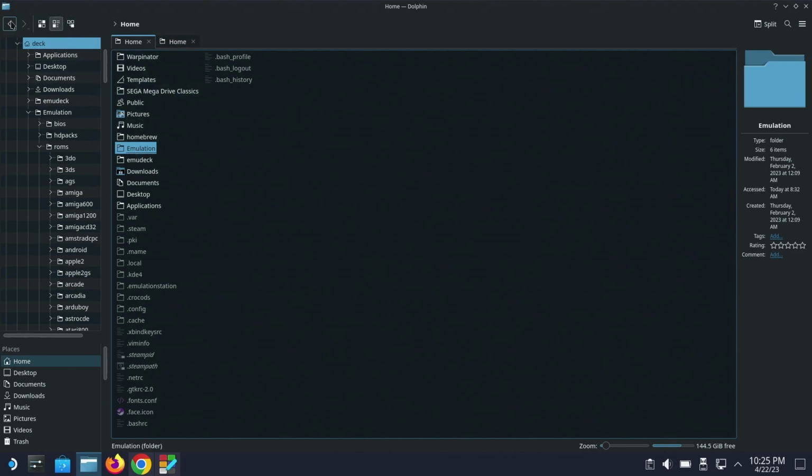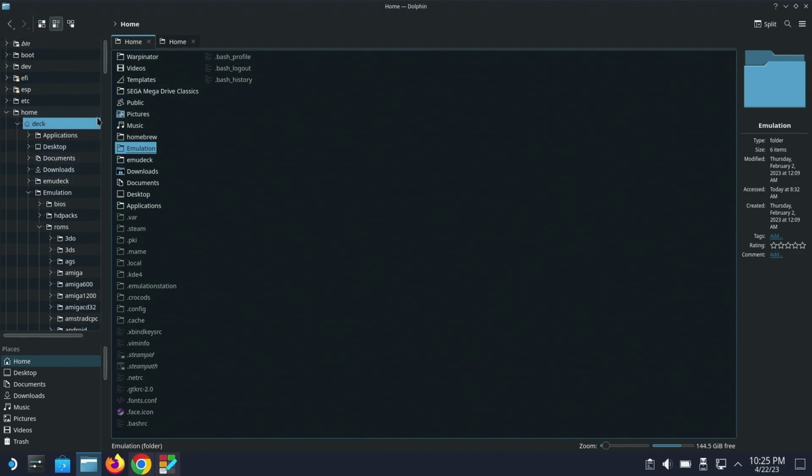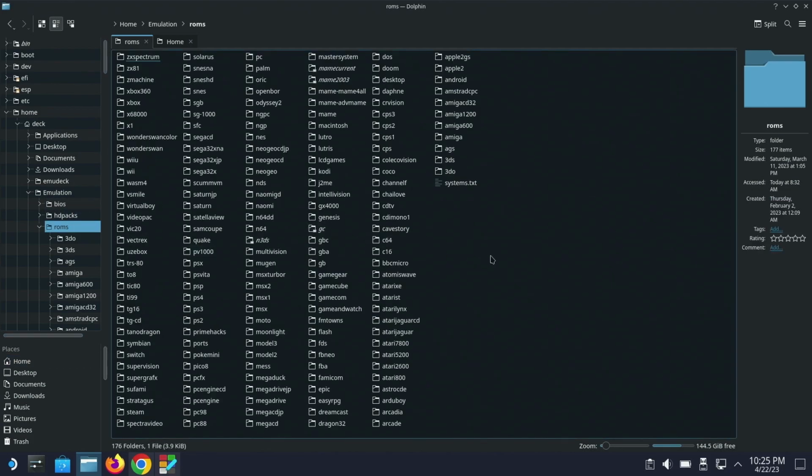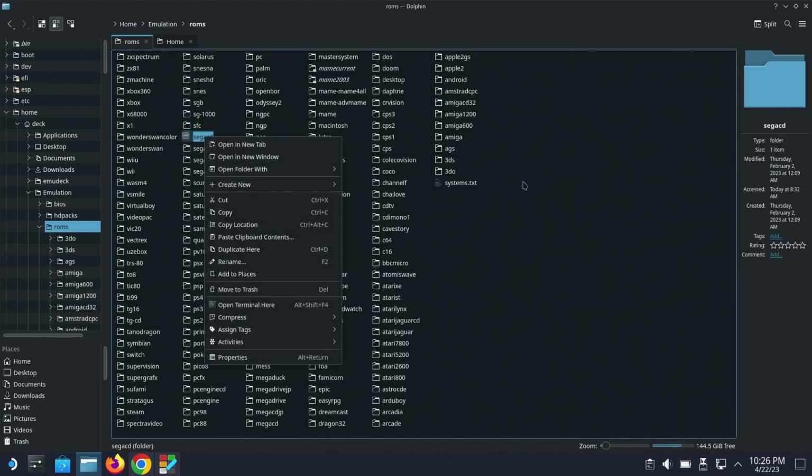Whenever you are trying to find everything, if you go over here to the left hand side, you're going to be at Home, go to Deck, go down to Emulation, and go to ROMs. And all of this stuff is going to come up. Each one of these is a folder dedicated to each individual emulator. So for example, right here is the Nintendo 64. Here is the original Xbox, Sega Saturn, Super Famicom, Sega CD,